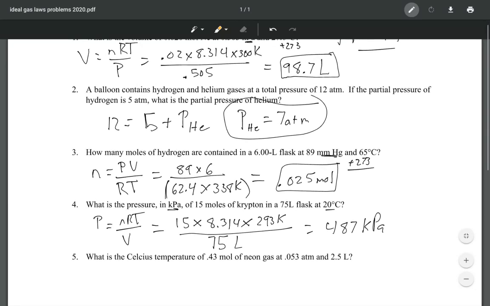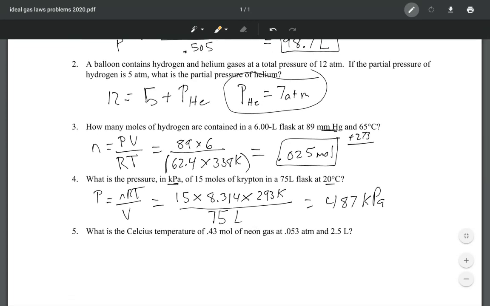And then problem number 5, it's wanting temperature. So temperature equals PV over nR. So our pressure is 0.053 atmospheres. Our volume is 2.5 liters. Our moles is 0.43 moles. And the gas constant in atmospheres is 0.0821 liter atmospheres per mole Kelvin. So we put this in our calculator, and I'm coming up with